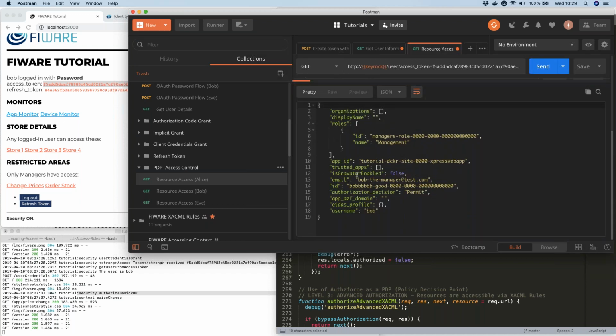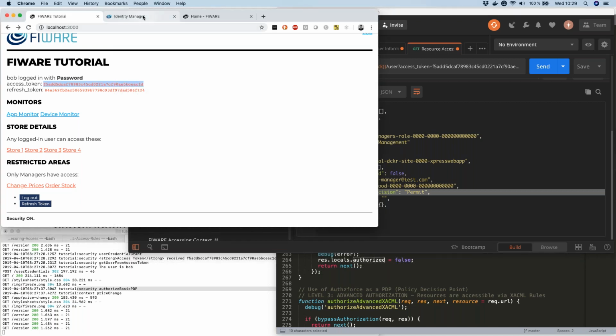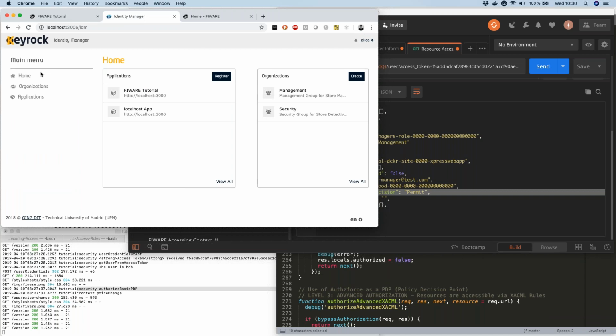So it says, okay, for this particular case, because we are running in basic mode, we are able to say thumbs up, we are permitting access for that particular user. If I had logged in as some other user who didn't have those rights, then obviously it would not be allowed. If I go back to the Keyrock application,